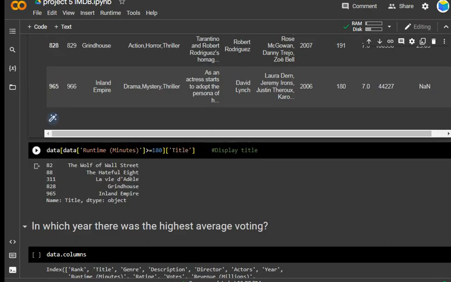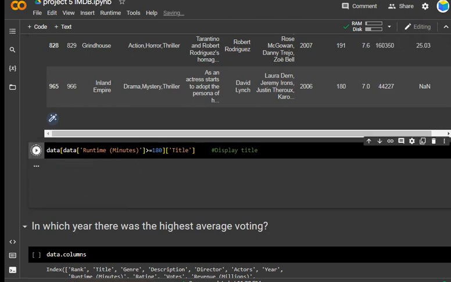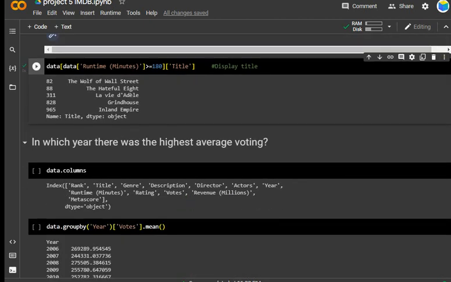And now I want to describe the data runtime minutes, so display the titles also. So these are the titles. The Wolf of Wall Street has been seen. These are, and similarly